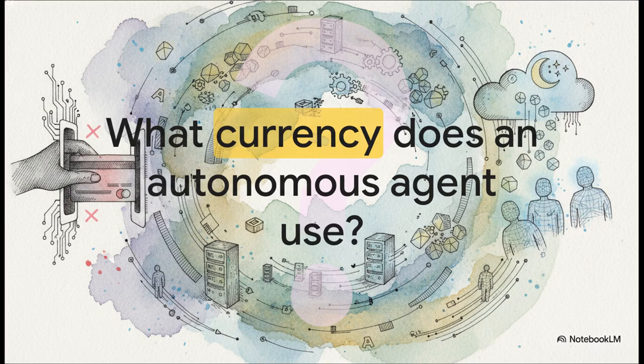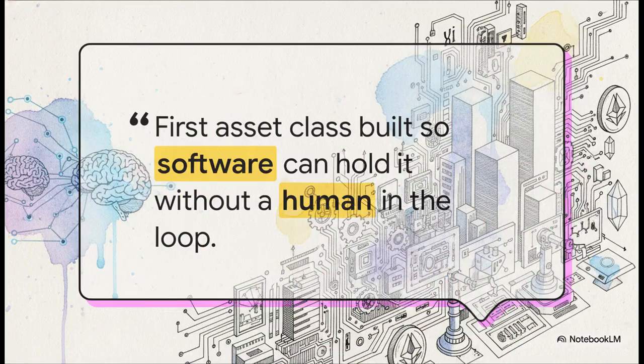If we're building all these specialized tools for autonomous agents to use, we run into a massive fundamental question. When an agent transacts in a machine-to-machine economy, what currency is it actually using? I mean, if your laptop's AI suddenly needs to rent a cluster of GPUs at 3 a.m. to finish a task, it's not going to whip out your Visa card, right? Which perfectly transitions us into an incredible intelligence report from Peos Research.